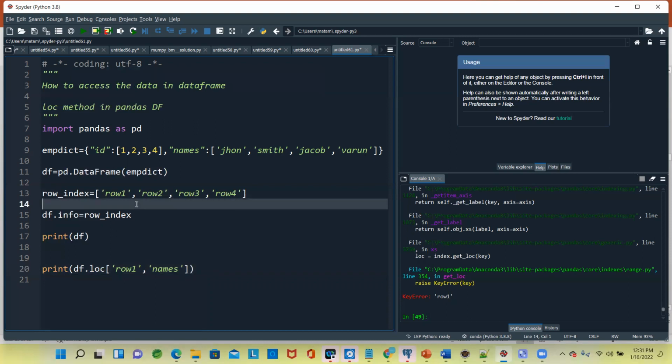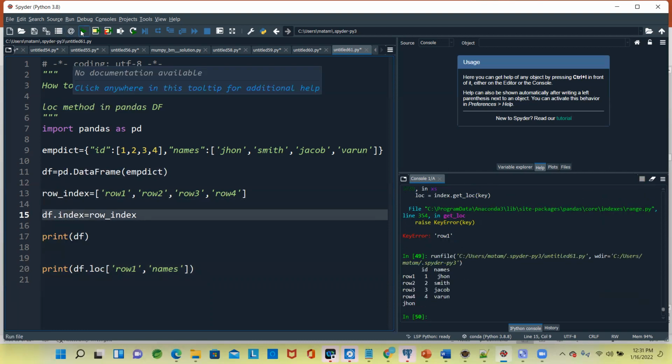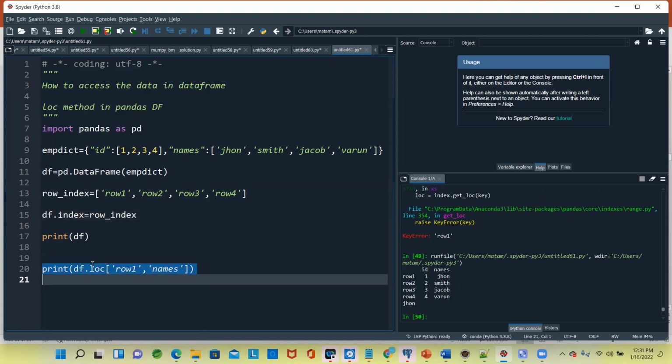So that is another point. Sorry, I need to specify df.index. I specified it wrong. That's the reason the error came. Yeah. Now I want to access the Johns itself. Now I can say df.loc of row 1 comma names. So if I want to access a particular value with a row name, the final result is that.